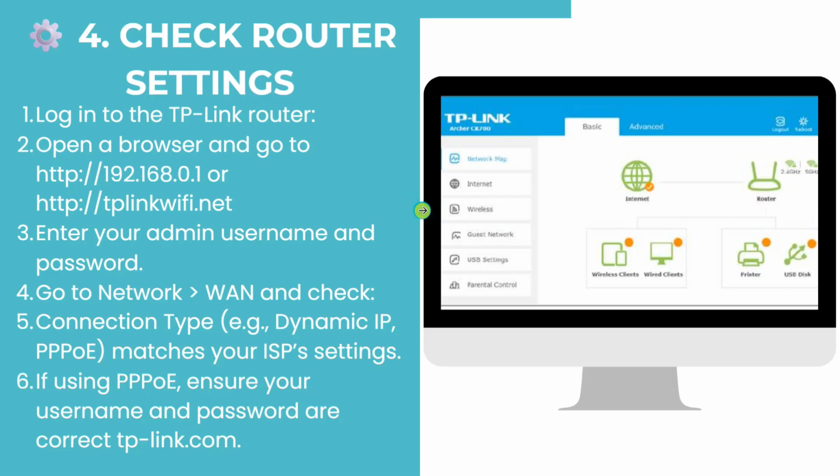Now the last option that you have is to check your router settings. So to do that, go ahead and log into the TP-Link router. Open a browser on your PC or laptop and go to 192.168.0.1 or tplinkwifi.net. Enter your admin username and password, and then on your account, go to Network and head over to WAN